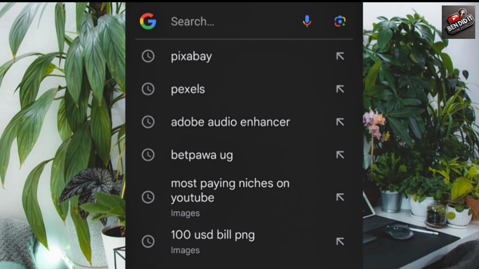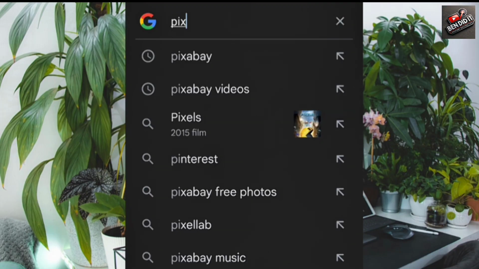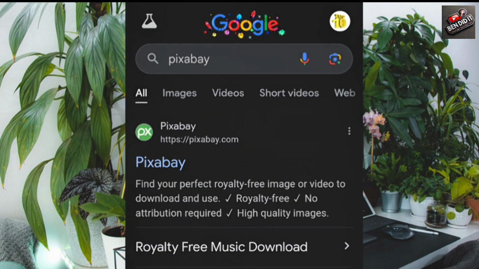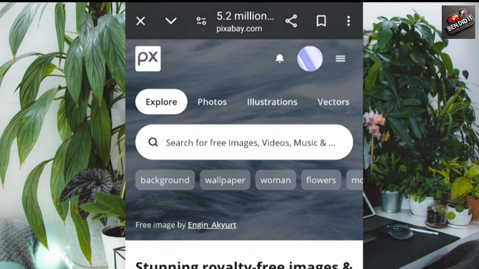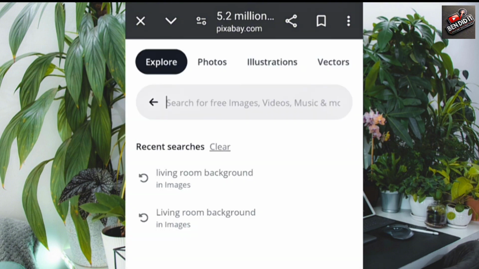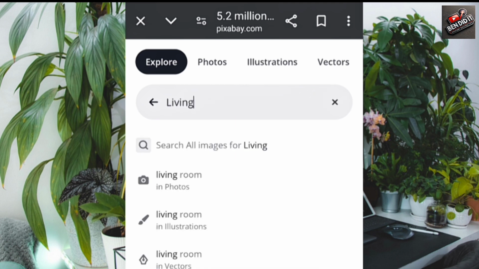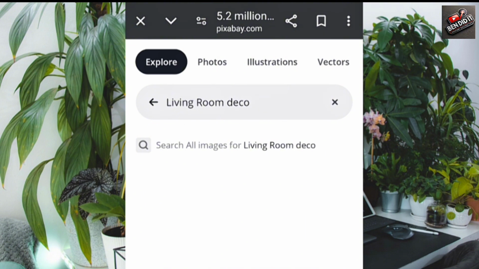Now, this is one of the websites where you can get the backgrounds, okay? We have Pixabay, and this is one of the best that I can recommend you to use. So with Pixabay, this is the website. You tap here. After that, this is what will come next. And then you can type in, for example, living room decoration, okay?